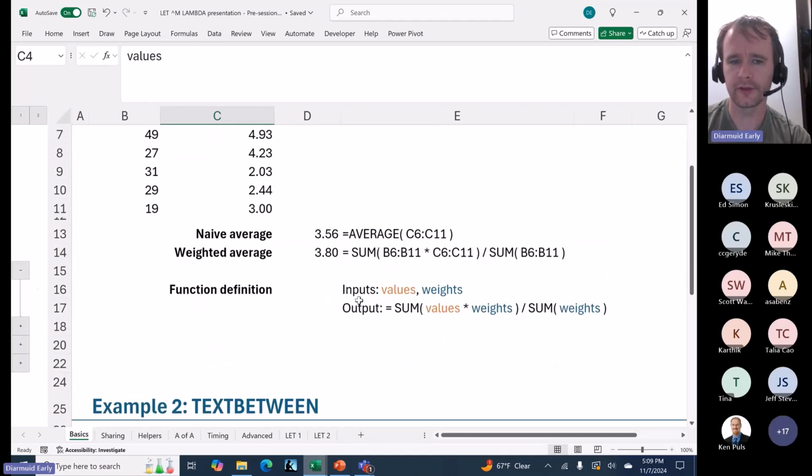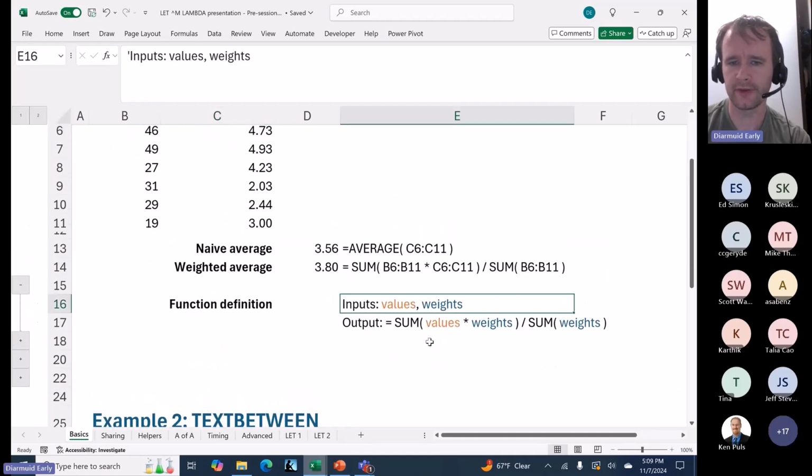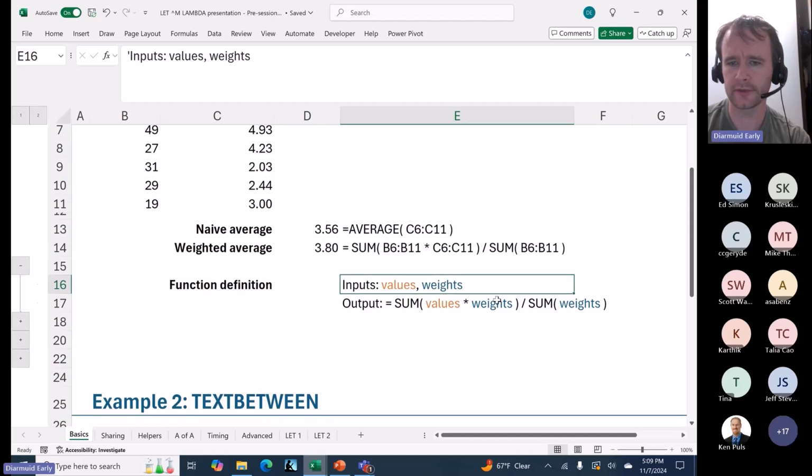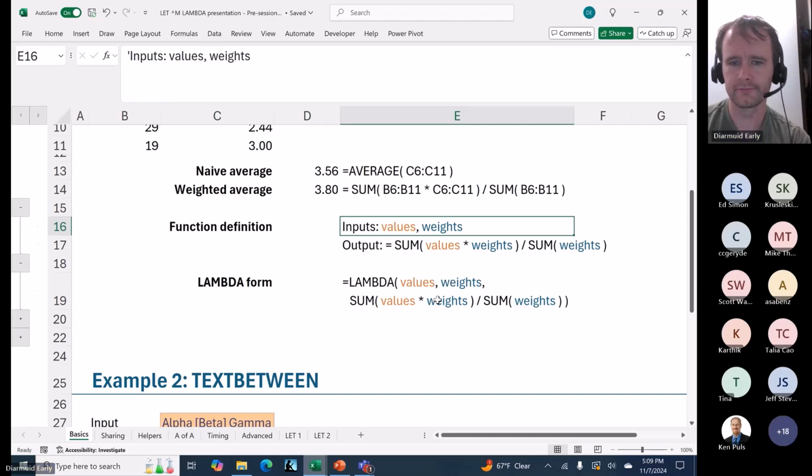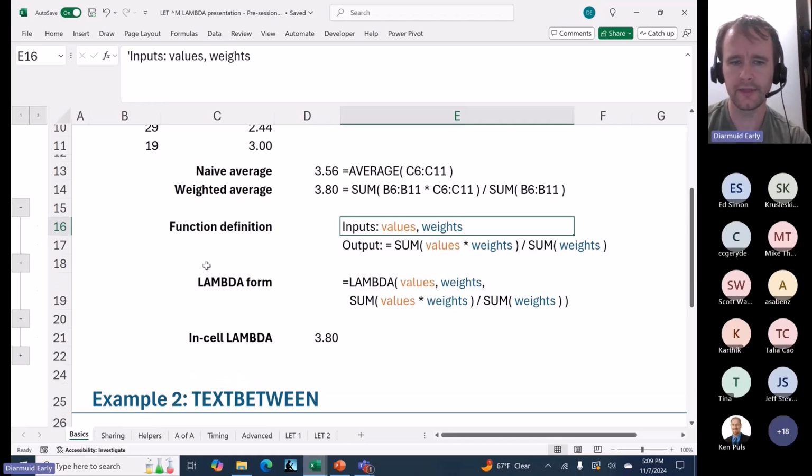and you can define your function. So the inputs, again, values and weights. The output, sum of values times weights over sum of weights, converted into a lambda, exactly the same as before. And then